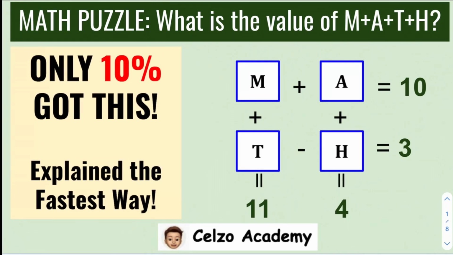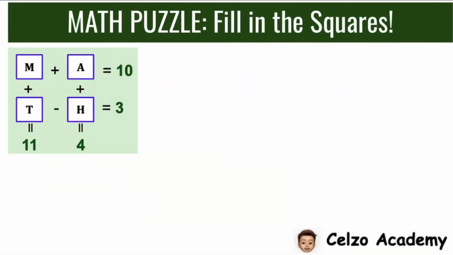What is the value of m plus a plus t plus h? One method to solve this problem is using guess and check. Assuming that m, a, t, and h are positive, the largest possible value of m that we can use is